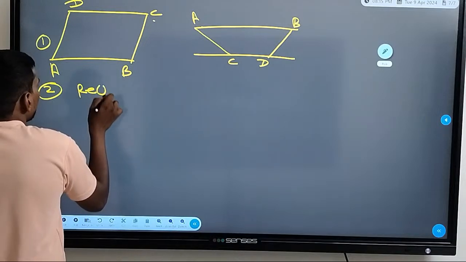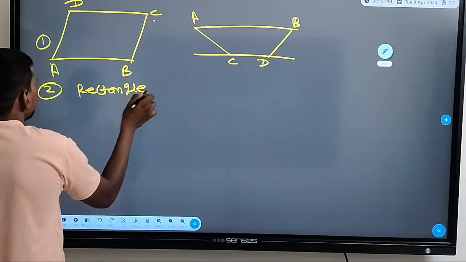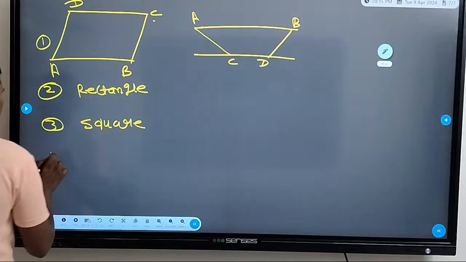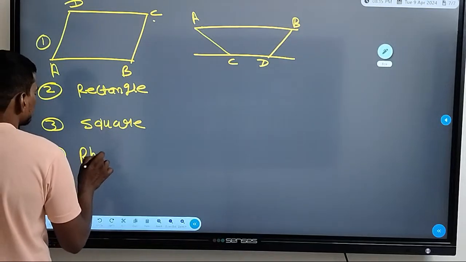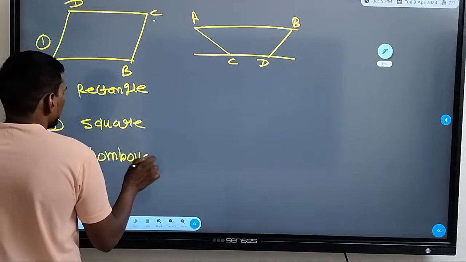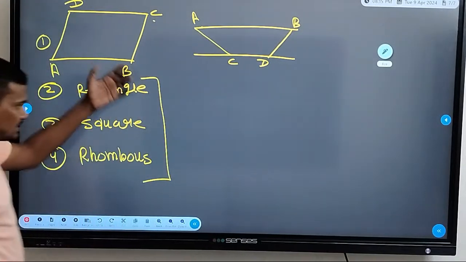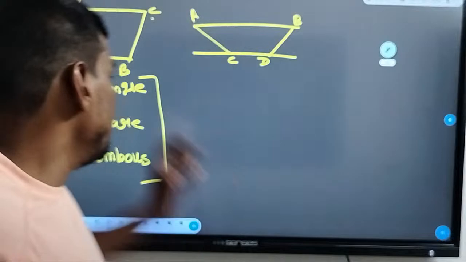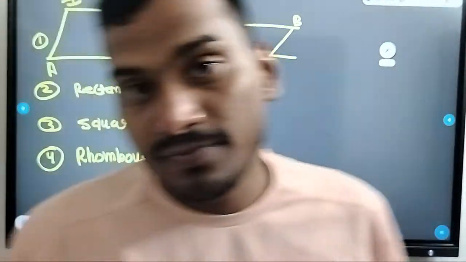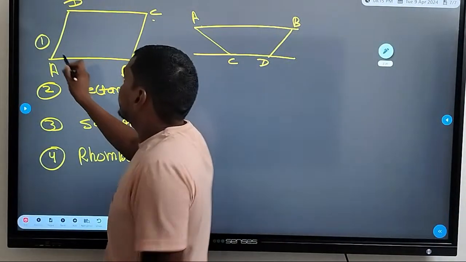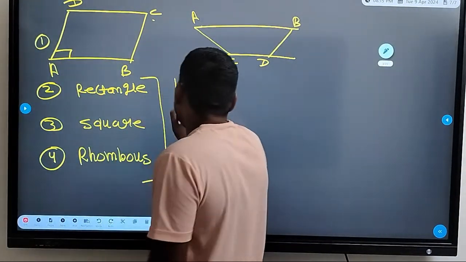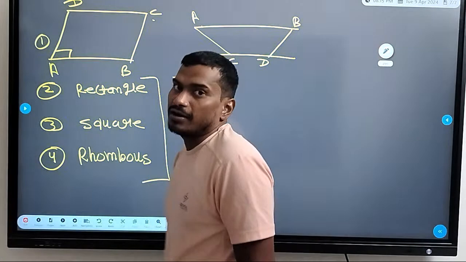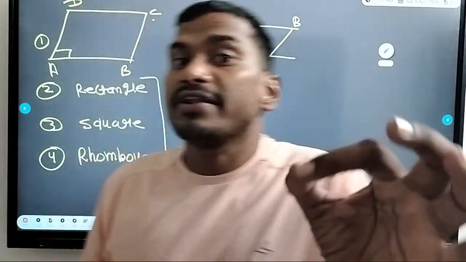Now we say when our parallelogram will be a rectangle, when it will be a square, and under what conditions it will be a rhombus. We are going to see this will happen when. So when parallelogram will become a rectangle, if the angle is 90 degree, very simple. If angle is 90 degree, then we will say the parallelogram has become a rectangle now,